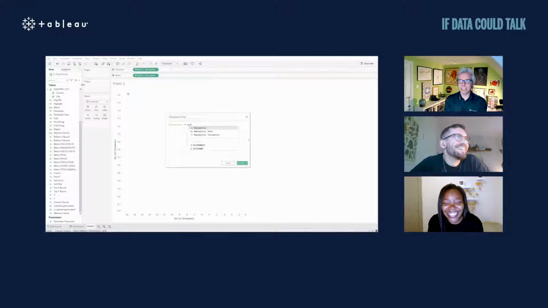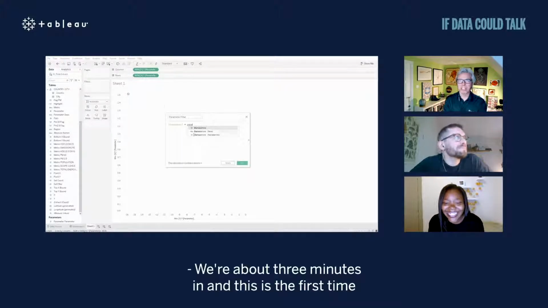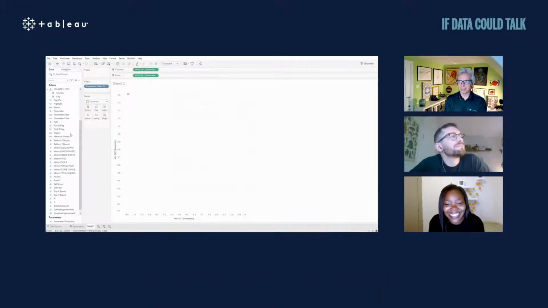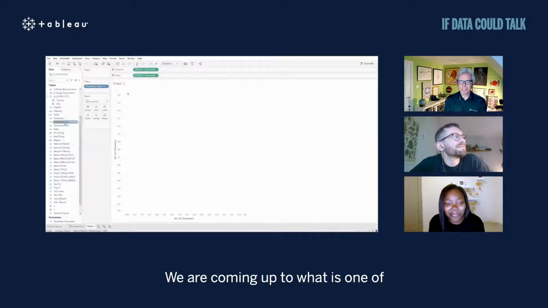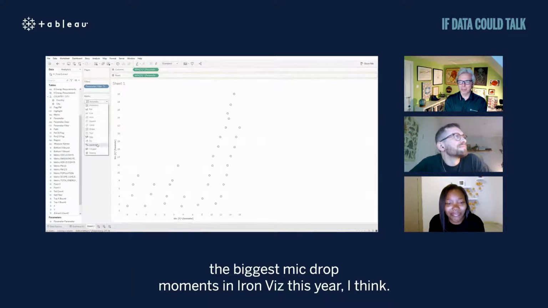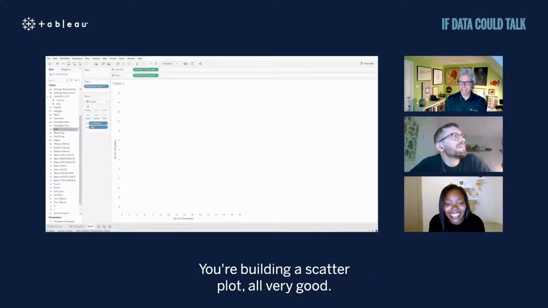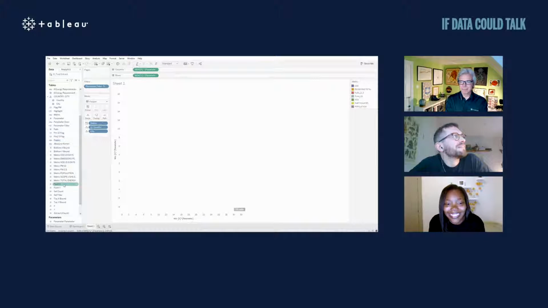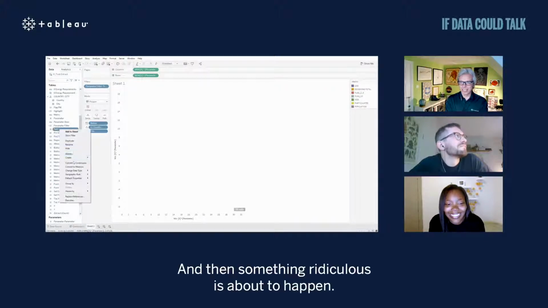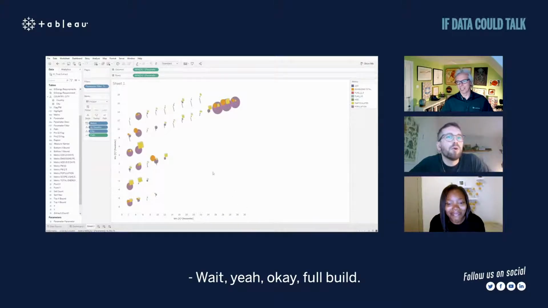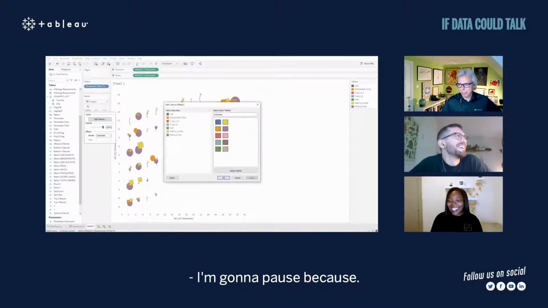I know. So we're about 3 minutes in, and this is the first time you started dragging pills onto shelves, and we are coming up to what is one of the biggest mic drop moments in Iron Viz this year, I think, because here we are. So what's going on? You're building a scatter plot, all very good, and then something ridiculous is about to happen. Like, there we go. So I'm going to pause because